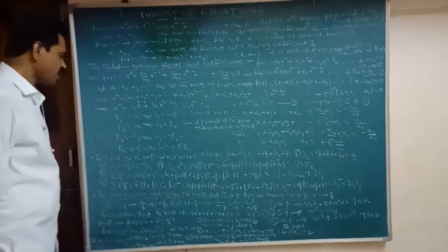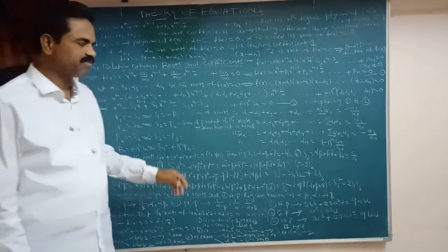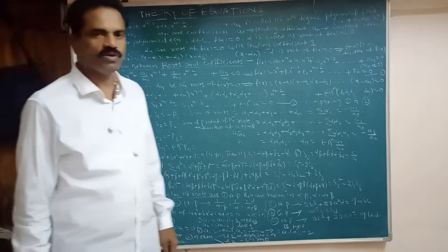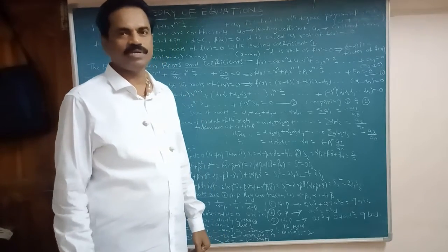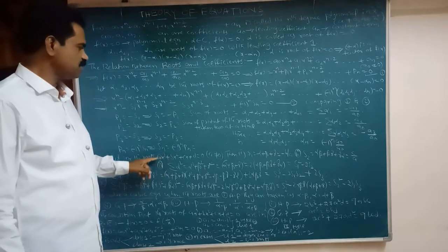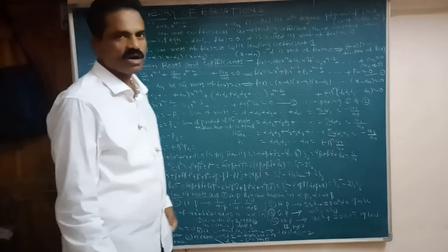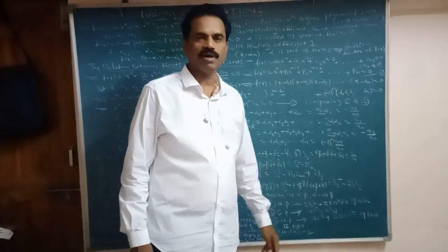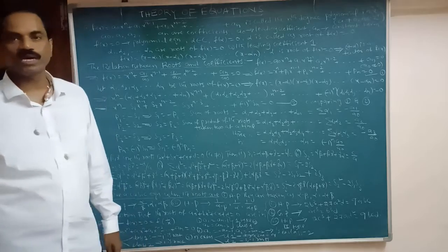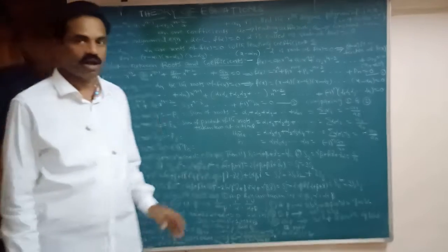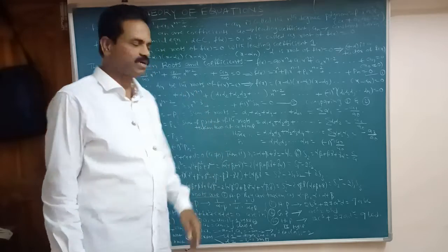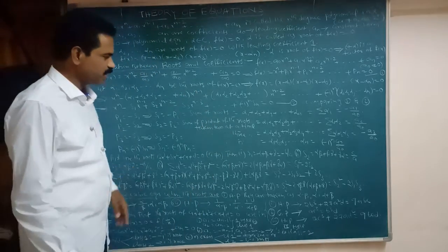So here, if alpha, beta, gamma are the roots of the cubic equation ax cube plus bx square plus cx plus d equal to 0, then we know that S1 is what here? Alpha plus beta plus gamma, equal to the x square coefficient, that is minus b by a. So S2 is alpha beta plus beta gamma plus gamma alpha, which is c by a, and S3 is what here? The product of the roots. Here three roots we are taking, alpha beta gamma. So that is S3 equal to alpha into beta into gamma.